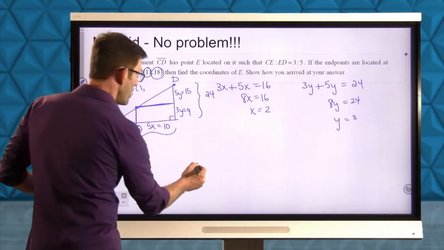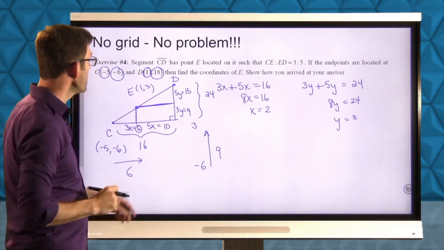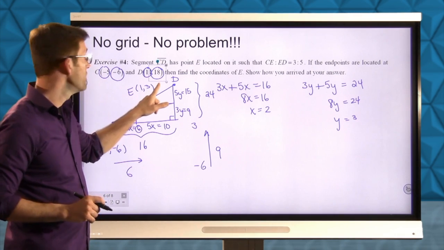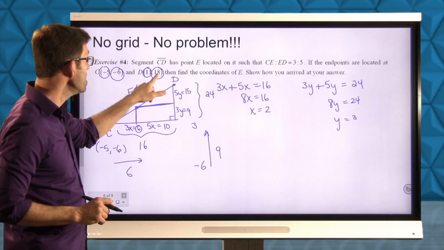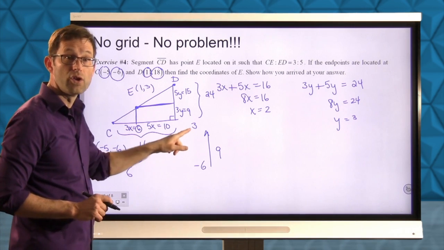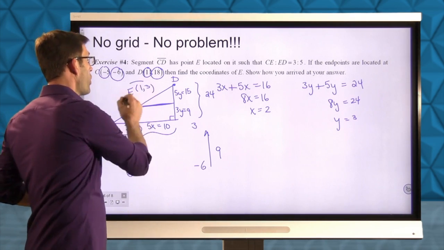And if I go 9 units up from -6, I'll be at +3. Now, one thing that's a really nice check on that is it's also 15 units below D. So since D has a y-coordinate of 18, if you go 15 below that, you're also at a value of 3. Right? So the coordinates of E